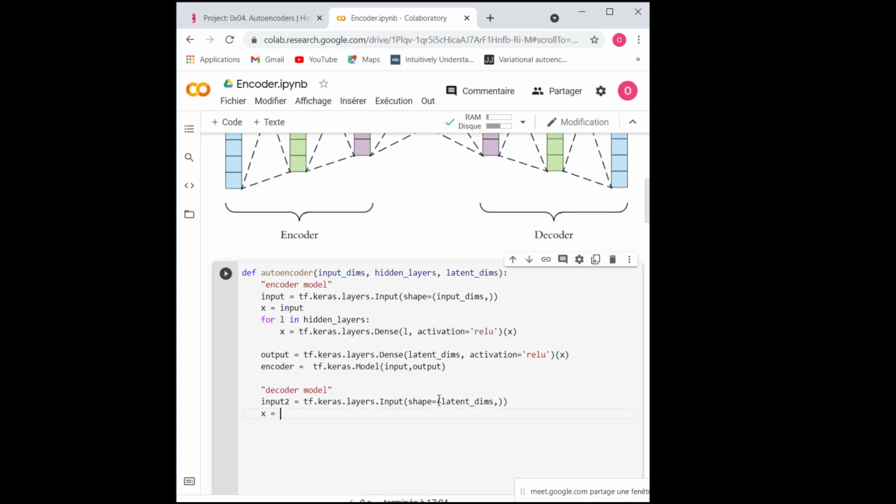Now, like I did in the first part, my x will take my input 2, and then I'm going to loop over the hidden layers. So let's call it for L. I'm going to take the reversed list, so I'm just going to call this function that will reverse my list.